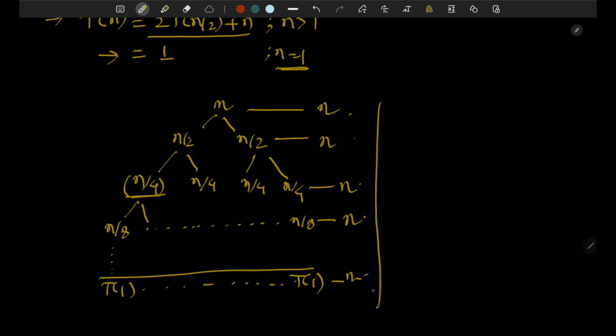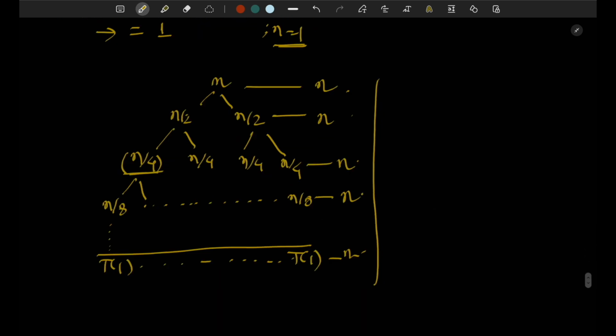But the question here is, in order to find out how many times we are doing this, or what is the overall work we are doing, we need to find out what is the level, what is the depth, or what is the height of this tree, and how we can find it out. Let's try to find a pattern here. So on this level